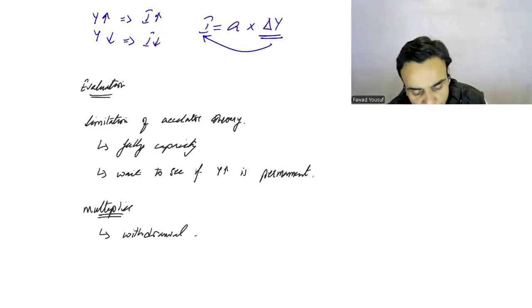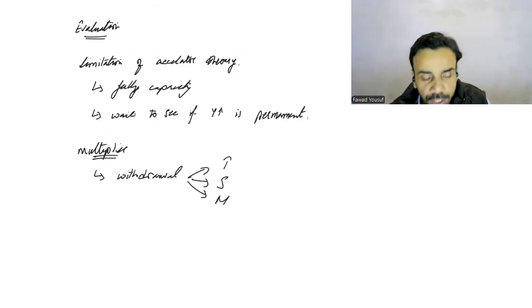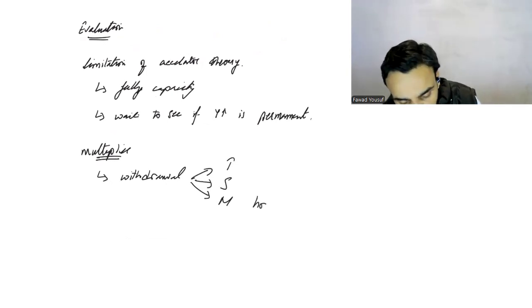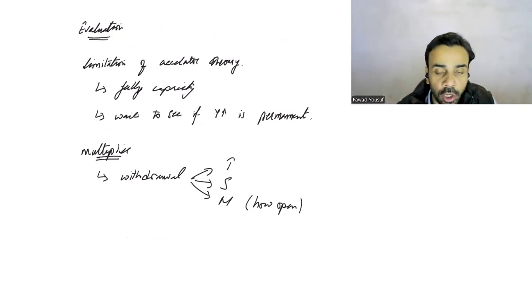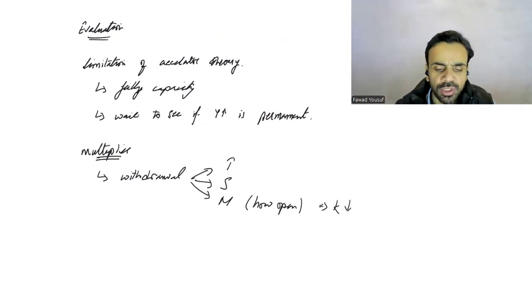Leakages भी कहते हैं. तो विड्रॉल्स के अंदर तो टैक्सेशन भी है, सेविंग्स भी है और इंपोर्ट्स भी है. तो इट रियली कैन डिपेंड ऑन all the other aspects like how open the economy is. If the economy is very open, तो उसकी वजह से क्या होगा, आपके इंपोर्ट ज्यादा होंगे